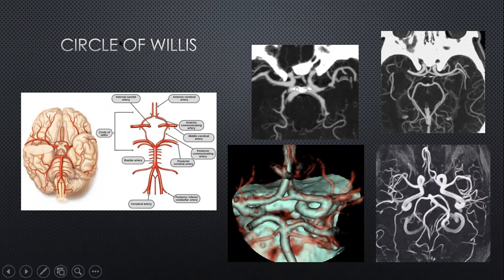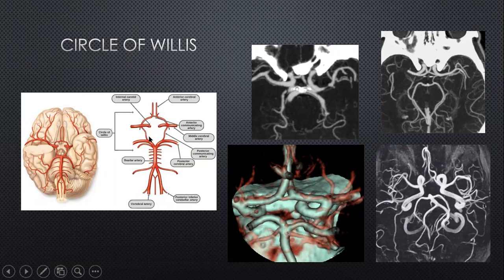Before moving on to the posterior circulation, I just want to share my thoughts on the circle of Willis. We haven't really talked about the circle of Willis. The circle of Willis is, of course, a complete circle, as we would imagine, which is rarely the case. You see a complete circle in less than 25% of cases. And what is it formed by? It's formed by the internal carotid artery from both sides, the anterior cerebral artery from both sides, the A1 segment, the ACOM. So that's the anterior aspect of it.